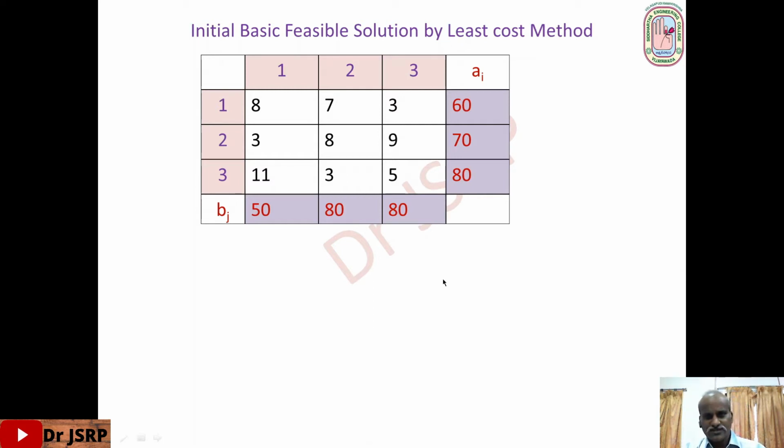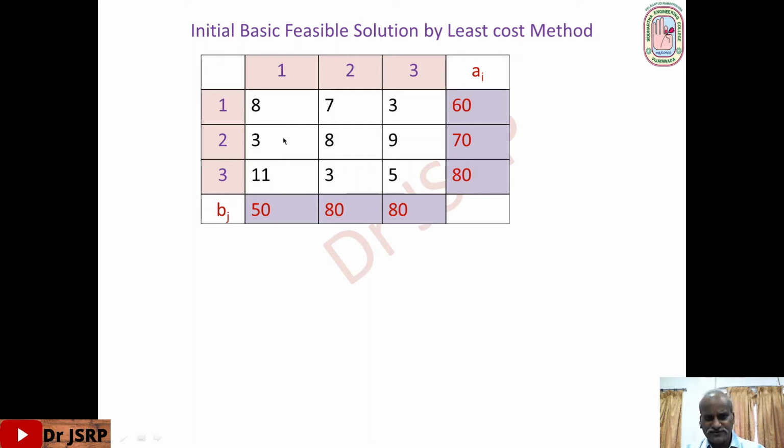Okay, right. So what is the first point in the least cost method? Where do we have to start? We have to identify the cell where we have to start. For that, in the entire table, identify the least cost cell. So observe these 9 cells. Among these cells, what is the least cost? 3. 3 is the least cost. Okay. So this is not unique. The least cost occurs at 3 cells: at the 1 3 cell, at the 3 2 cell, at the 2 1 cell.